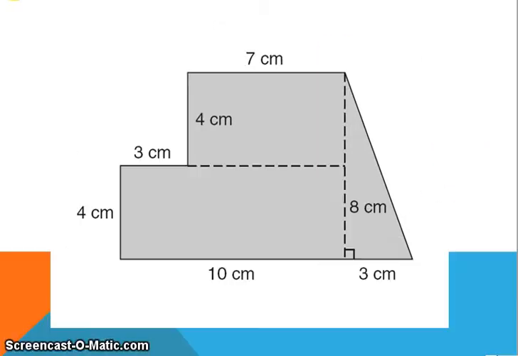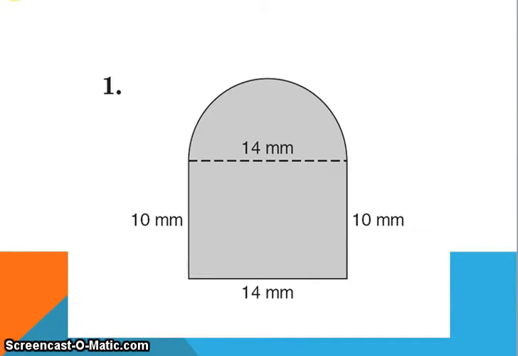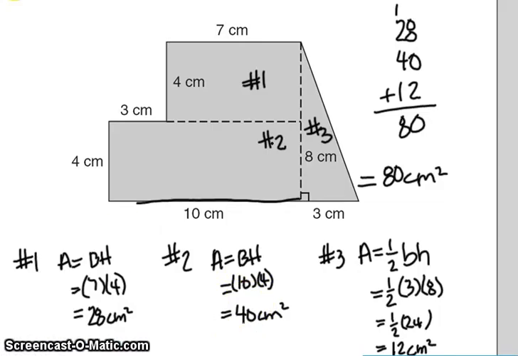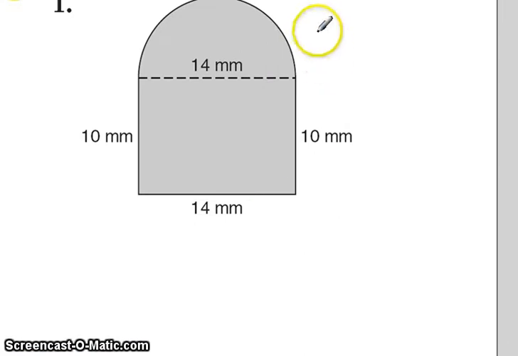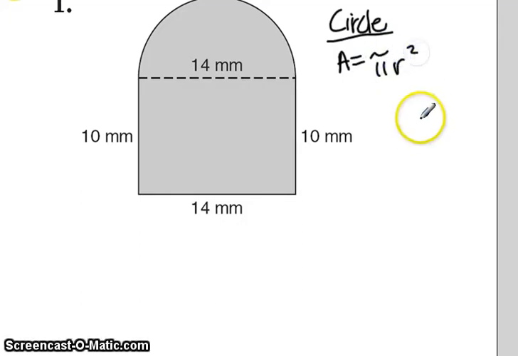Okay. Let's go back to our PowerPoint and let's look at this shape. So what I see here on our slide, I see a rectangle and a half of a circle. Okay, now we haven't talked about circles yet, but I will tell you that for a circle, and you'll see it again at the end of the presentation. When we're talking about a circle, we're going to use area equals pi r squared. And pi is going to be